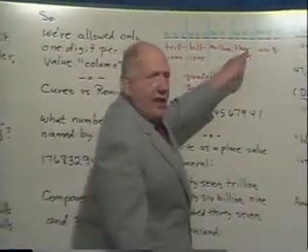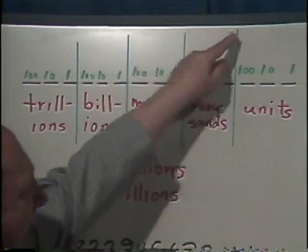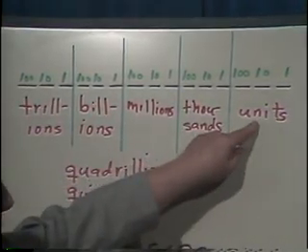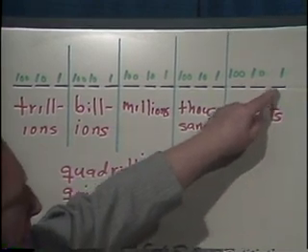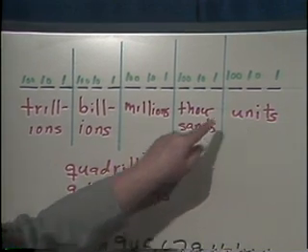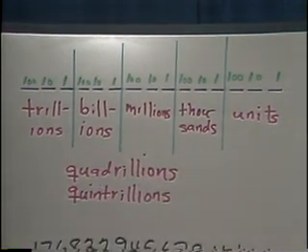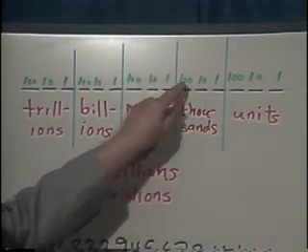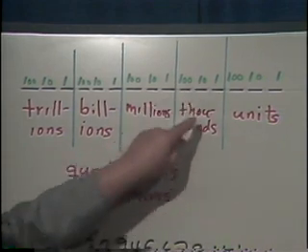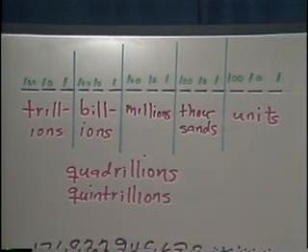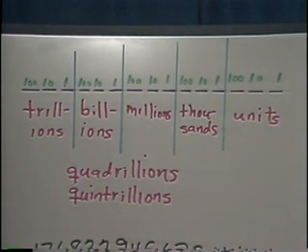When you take all these digits, start at the right, and break them down into batches of 3s. The first group of 3, see what I'm saying? You have 1s, 10s, and 100s, and they're going to be called units. The next group of 3 are going to be called thousands. So now you still have 1s, 10s, and 100s, but this is what? 1,000, 10,000, 100,000. The next group becomes known as millions.